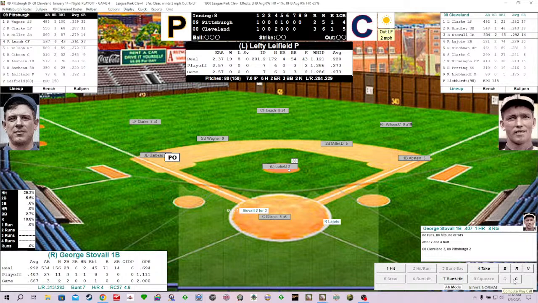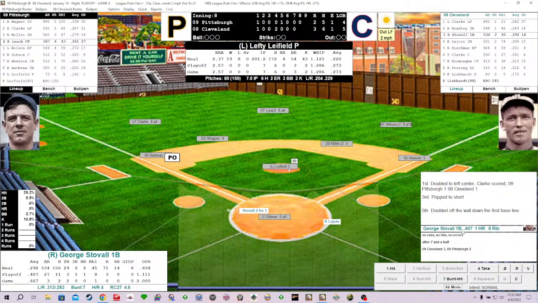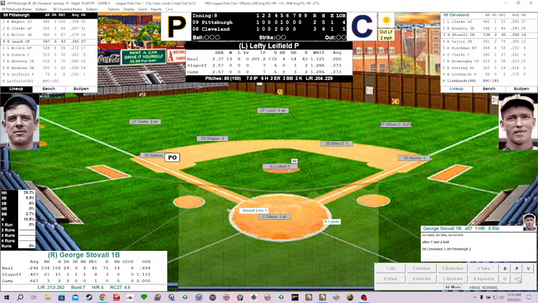All right, bottom of the 8th we go. When we get to the 9th, the Bucs will send up Tommy Leach, Chief Wilson, and Moon Gibson for one last chance at these Naps, holding on to a 3-2 lead. Lefty Leifield has struck out 2, walked 3. Still looking very strong out there. George Stovall, good day at the dish. RBI double back in the 1st and doubled in the 5th.